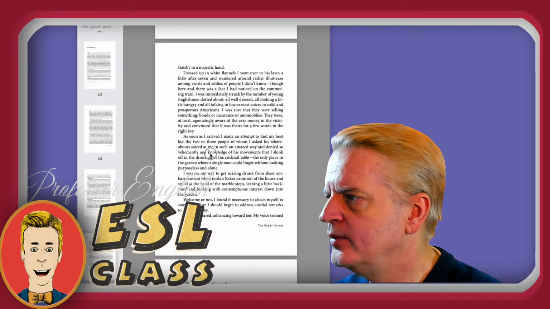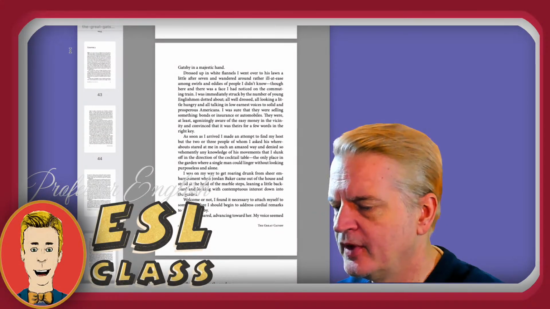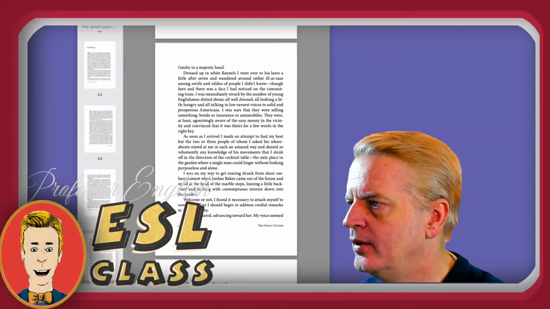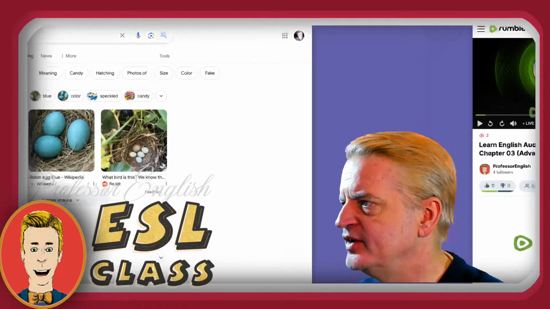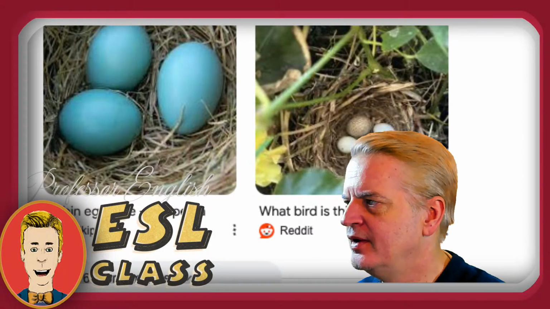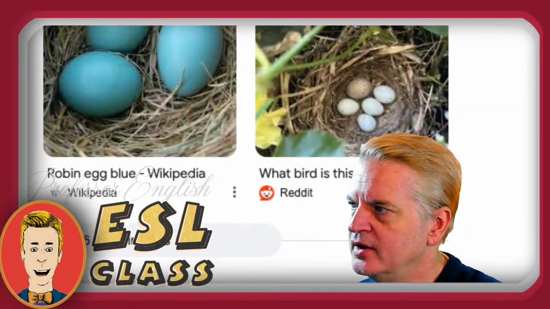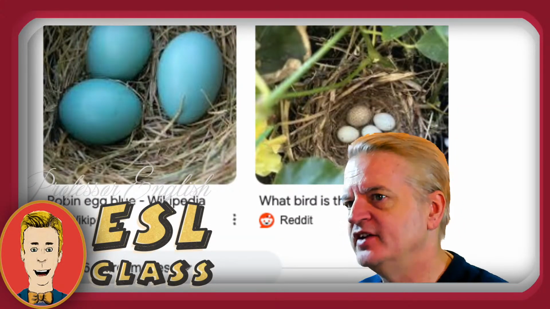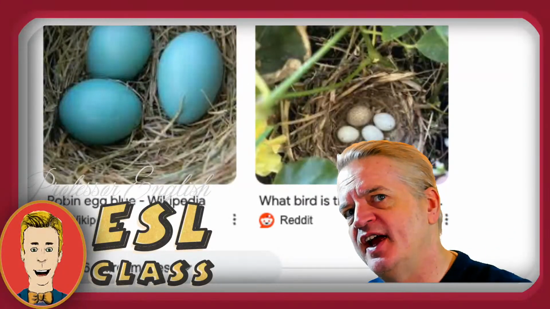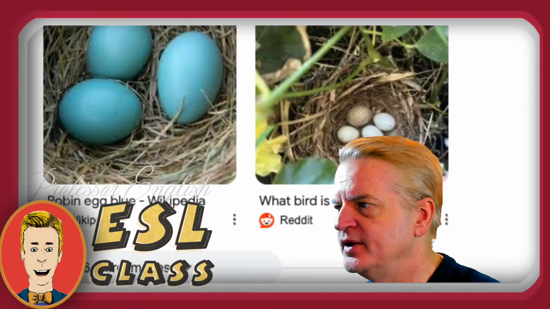And robins, when they make eggs, they're a very beautiful blue color. Here are some robin's eggs. So isn't that interesting? Have you ever seen that before? So this is called robin's egg blue. This is the color. It's like a light blue color. And so he's saying that the chauffeur came from his employer's home in a robin's egg blue suit. So he was wearing a suit, and it was this color, robin's egg blue.